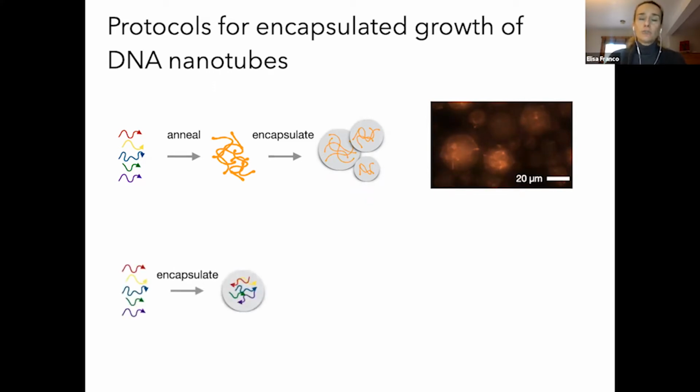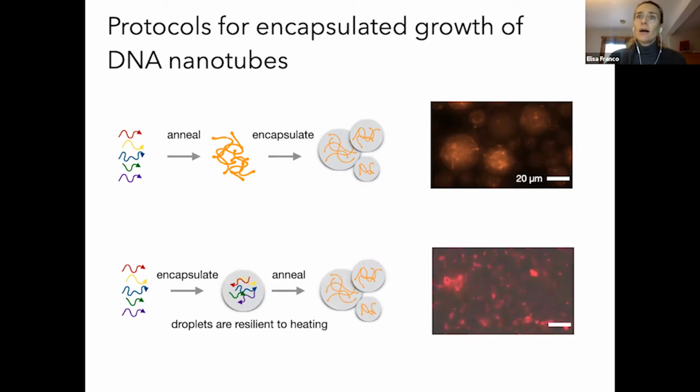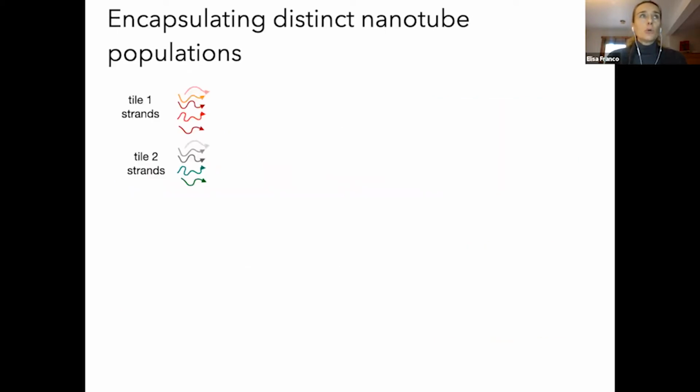Another strategy is to first encapsulate the DNA strands and later anneal once they are encapsulated inside the droplets. And that is something we can do because these droplets are very resilient to heating. And in that case, as you can see, we get more crisp, well-defined structures. Now, the problem is that, of course, they start forming throughout the annealing process, and they may be difficult to observe as they develop. We can show that you can, because I told you at the beginning, the way